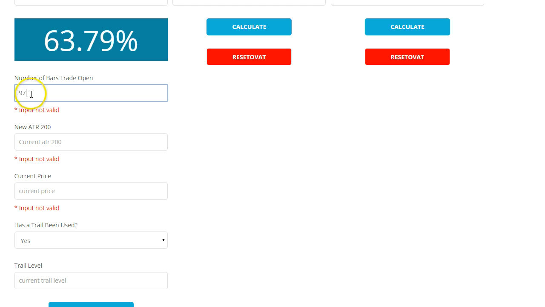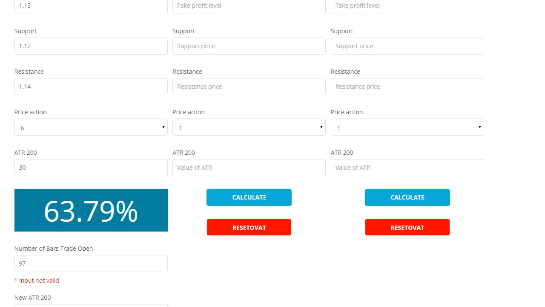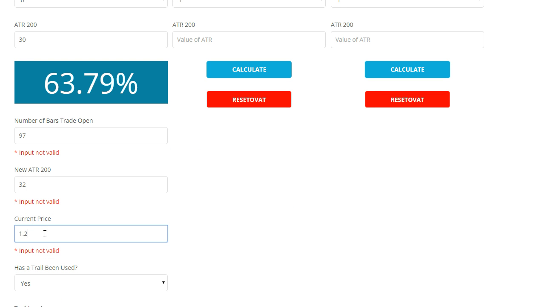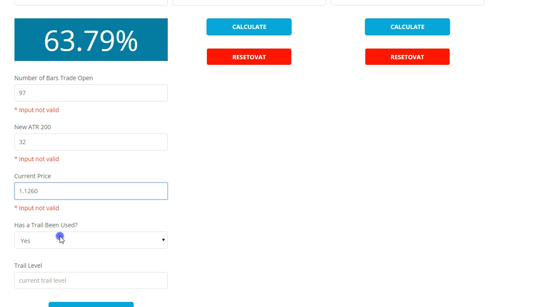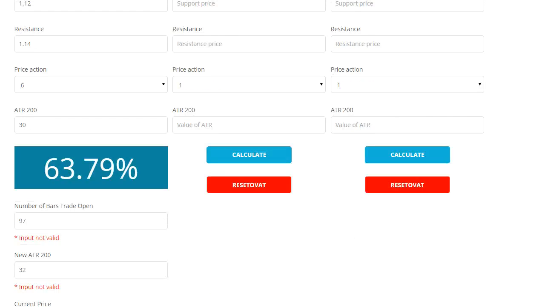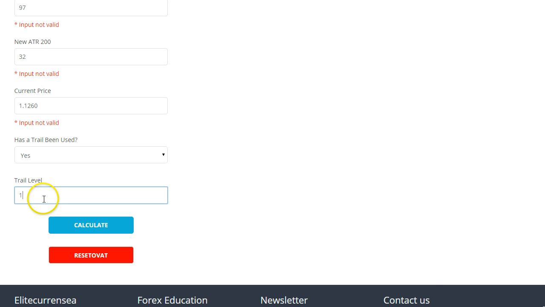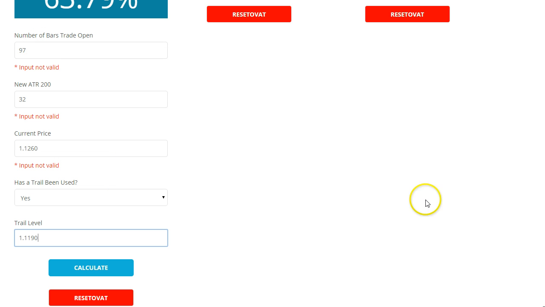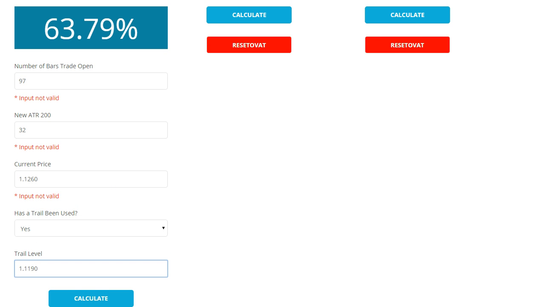In this case, it's already a lot of bars that are open. You write down what the new ATR is because it could have changed in the meantime. So let's write 32. Let's write the current price. In this case, let me write down 112.60. And we will be using a trail stop in this example, and then I will write down the trail level, which in this example I will make 111.90. When you have the trade management filled in, all right, then you can again click on the calculate button,